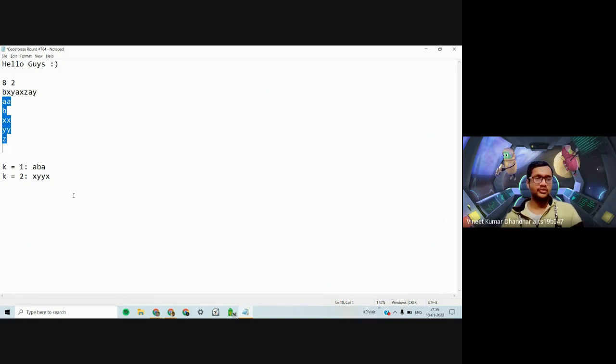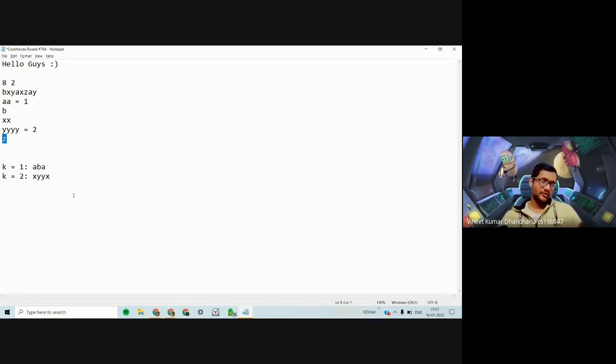So you want the characters to be in pairs. Suppose A occurs 2 times, so we know it has one pair. Suppose Y was 4 times, then we have 2 pairs of Y. And here we have 0 pairs of Y. So then we calculate the number of pairs of elements that are there and the number of individual characters that are there.